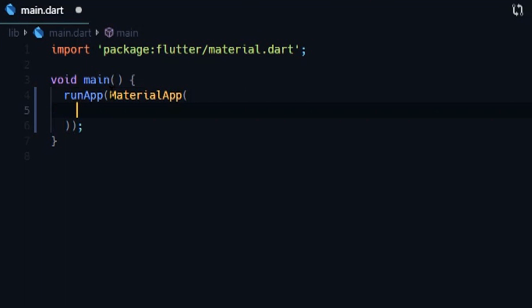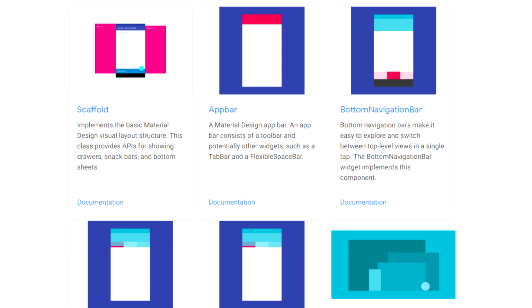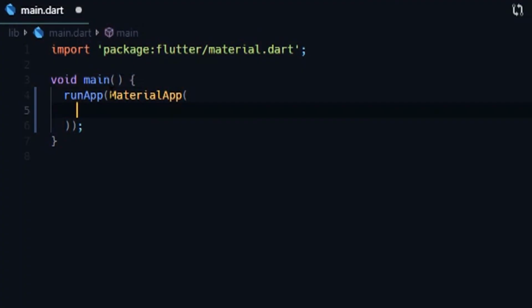The Material App is kind of a core component that gives us access to all the other elements that are provided by the Flutter SDK, such as a scaffold widget, text widget, list widget, every type of widget, stateful widgets or stateless widgets. Everything that we need to know in Flutter is provided by this Material App.